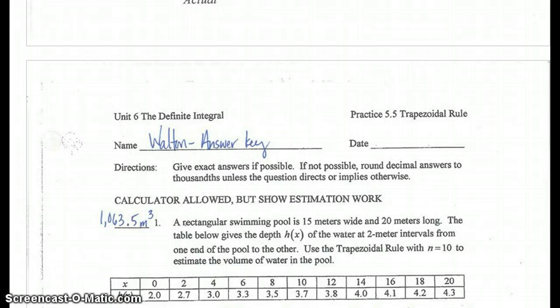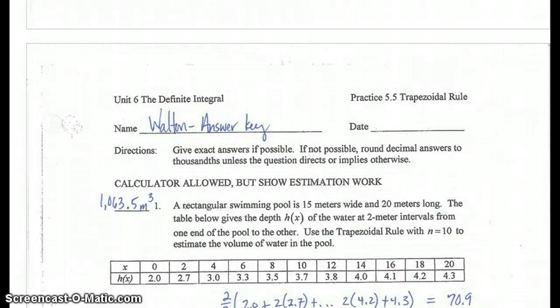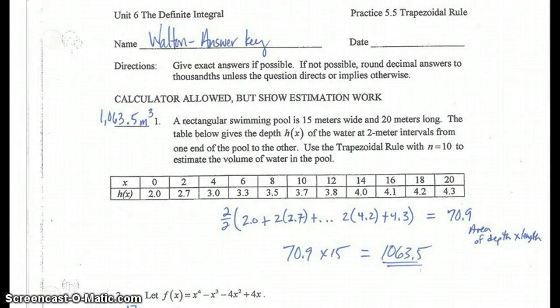For number one, a rectangular swimming pool is 15 meters wide and 20 meters long. Given the table below, use the trapezoidal rule with n equal to 10 to estimate the volume of water in the pool. If we do this, we should end up just like this with our formula, and we're obviously going to say that this is T sub 10, so that we are going to then have an area of 70.9, but we also need to realize that we're talking about